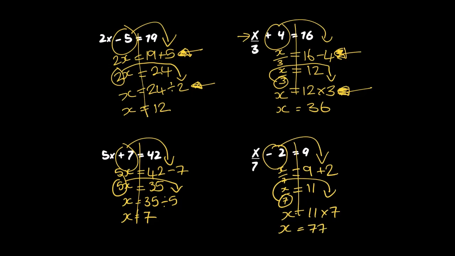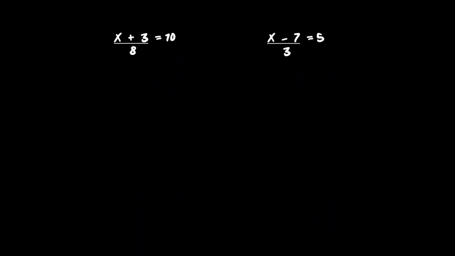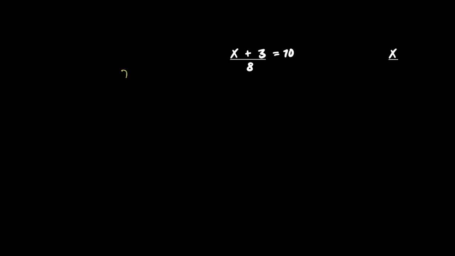Okay, there's just one more type of two-step equation I want to go over with you. It's this one here. So this one's slightly different because the sum is done in a different order. So if I was to do this sum here on the top, just to move it across here, explain to you. So if I was doing this sum here, I would be starting with my x. I would then add 3, and then I would divide that by 8,